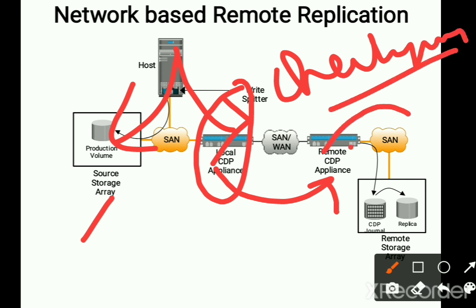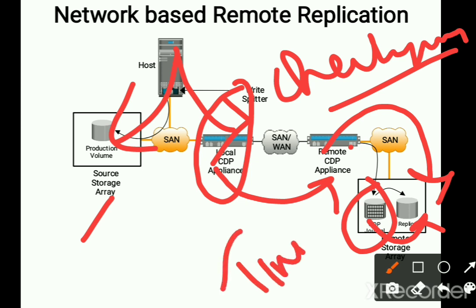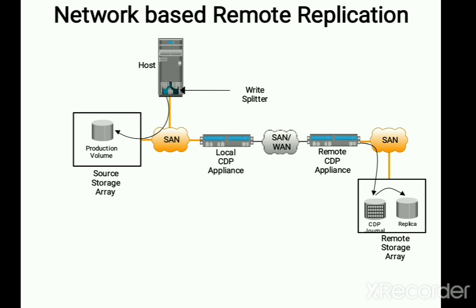Once it arrives at the remote, it is copied to the journal, and that same replica will be stored in another database. This journal is going to keep the timestamp of when the data arrived, and whenever it is requested, the data will be transferred. If the data was compressed, it is going to uncompress it, and then it is written to the remote journal volume. So this is how the data is transferred from the host and the storage array to the remote using synchronous and asynchronous replication.